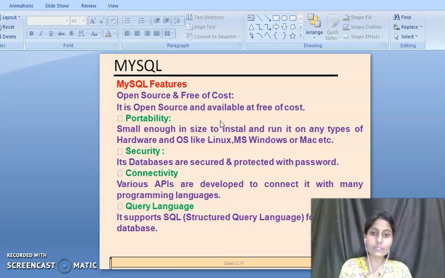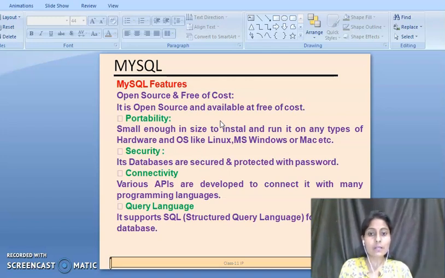The software can be freely downloaded from the internet, and its source code is also openly and freely available. So the most important feature of MySQL is that it is open source and free of cost.